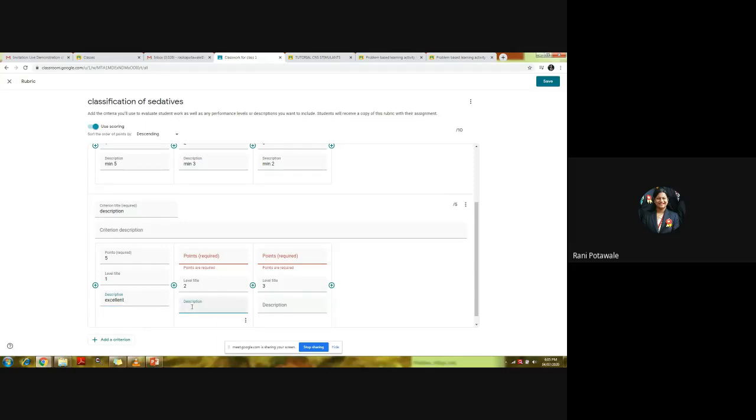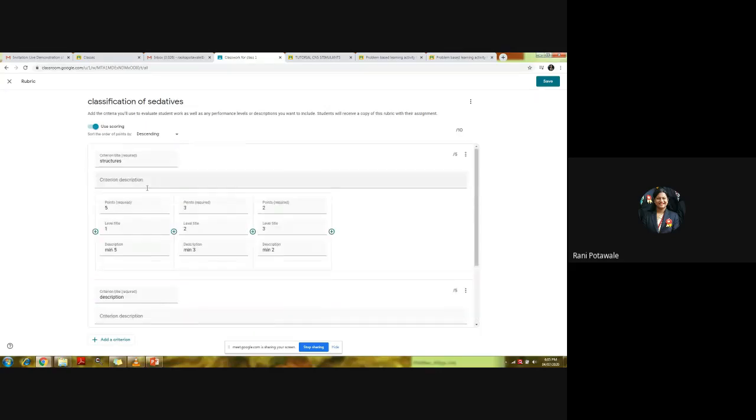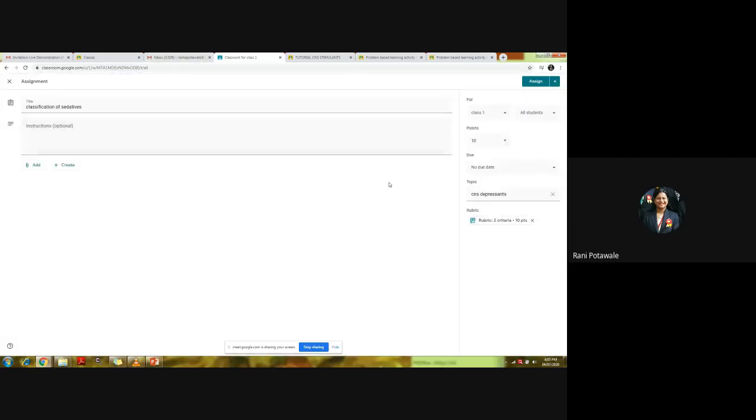In the middle level, if the explanation is average, I'll give 3 marks. And if it is poor, I'm going to give 2 marks. Like that, 5 marks for my description criterion and 5 marks for the structure criterion, the software automatically takes the total of 10 marks.